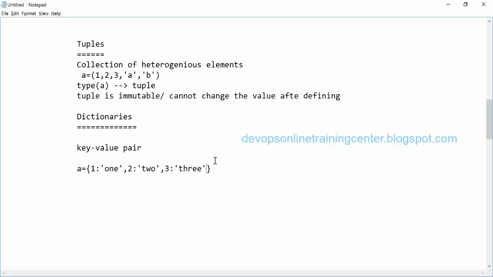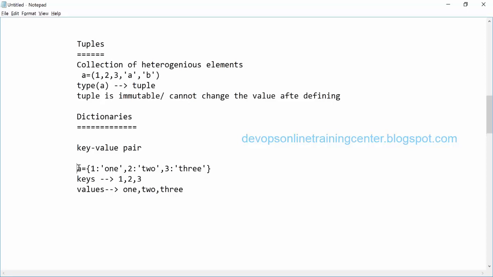So here 1, 2, 3 are the keys. Their respective values are ONE1, TW2. So a dictionary will have its own values and keys, right? So this is a dictionary.